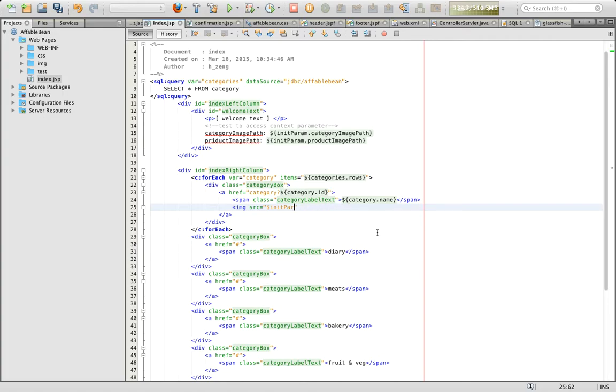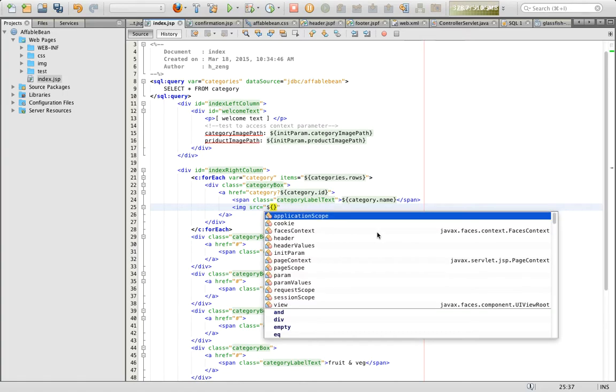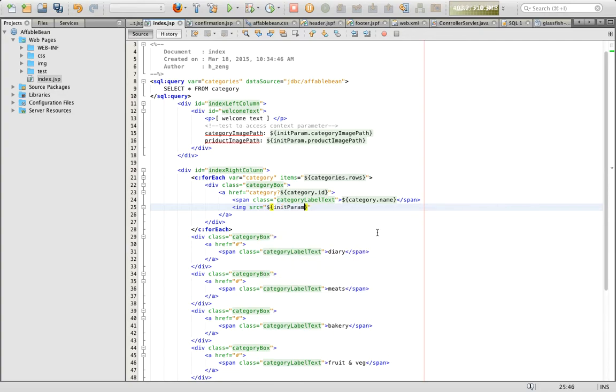Let's do this. Probably it's safer. You type this. Now you see you can hit the enter key. Okay. Category image path. Then category dot name dot jpg. Now, if this source link is not right, oh, I think I made a mistake again, because